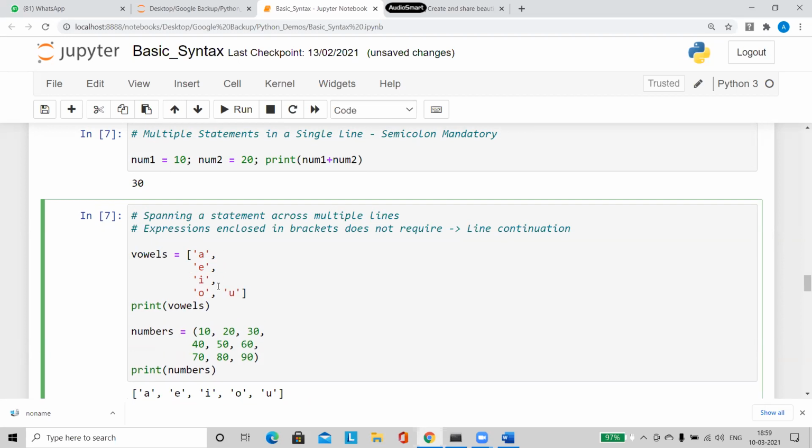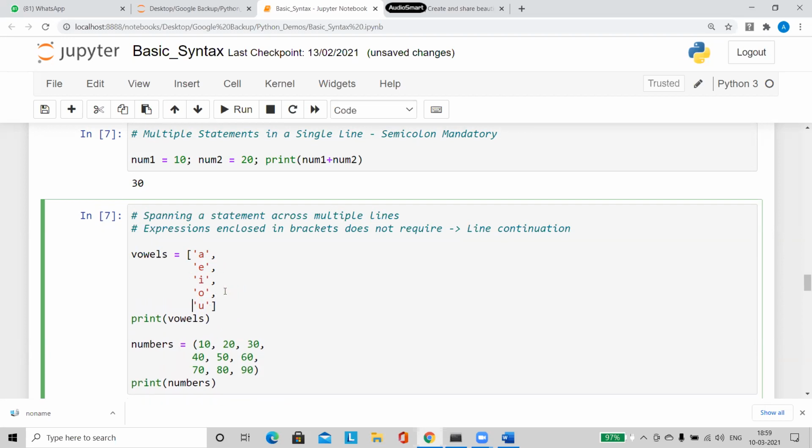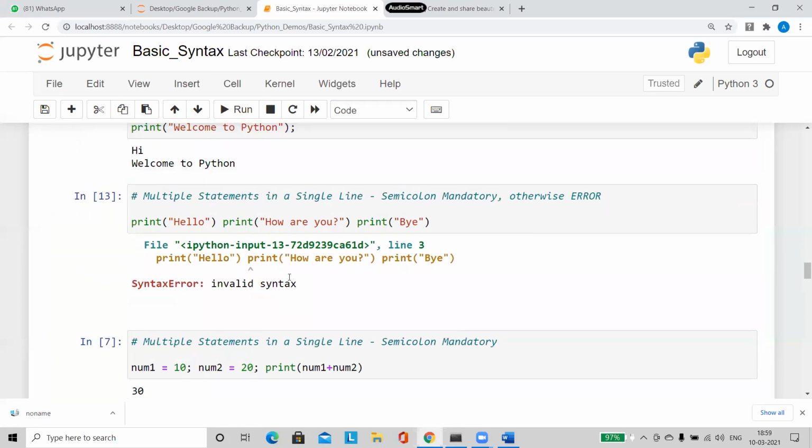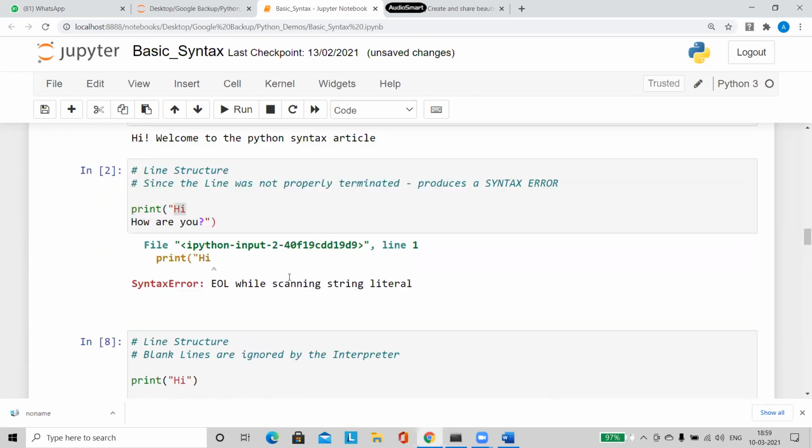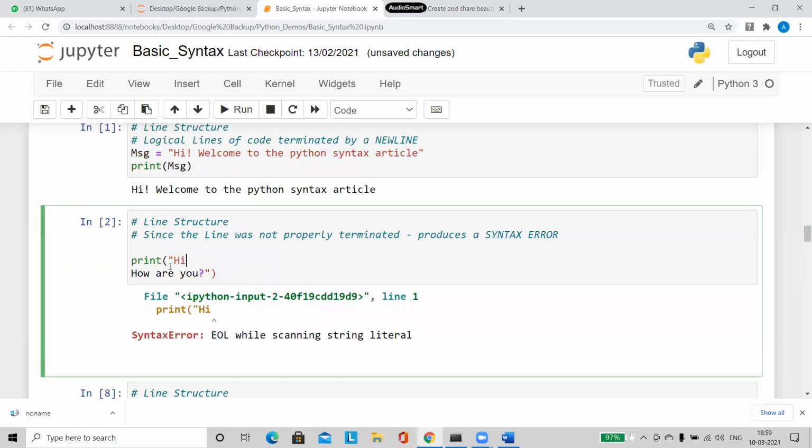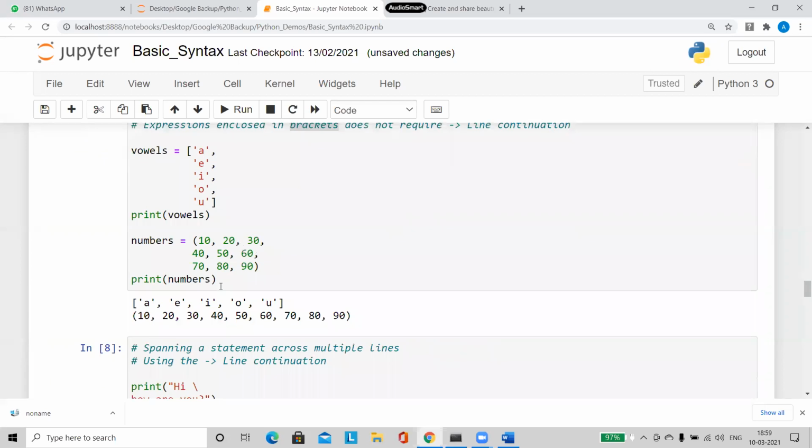This is also allowed for me, because how it is treated: opening square bracket, closing square bracket, whatever is within this belongs to this variable. Like that only it is going to take. So this is allowed only with brackets, not with my print statement or statements like this. Like this, if you write it, it is wrong. But when we are using these kinds of brackets, it is acceptable.